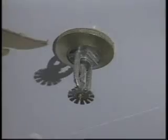If you have a fire sprinkler system installed, they should be checked frequently to make sure they are in the open position and ready to go in case of fire. If you do have sprinklers,